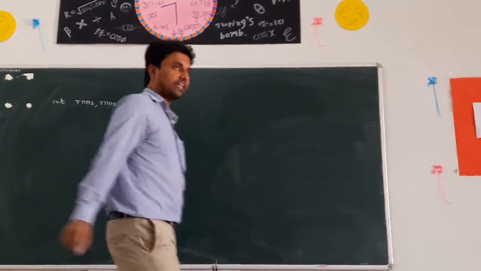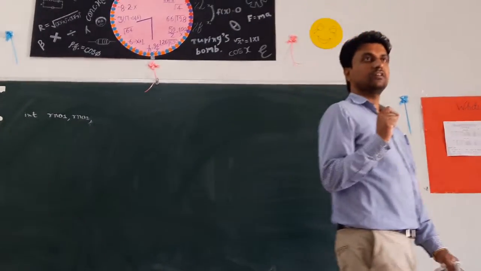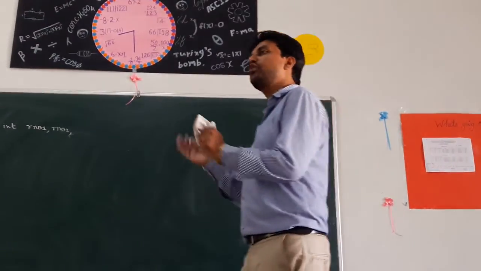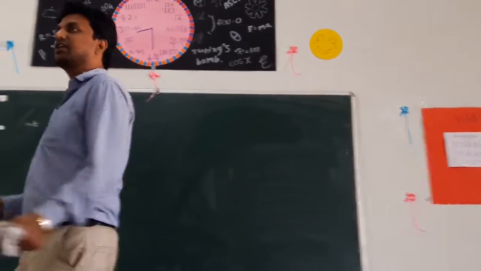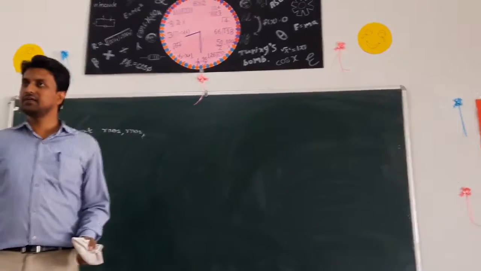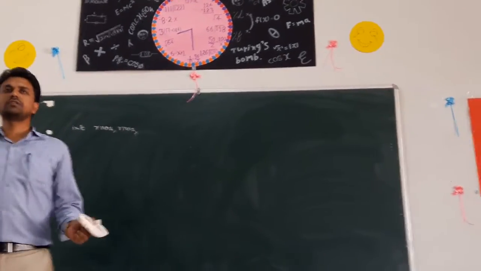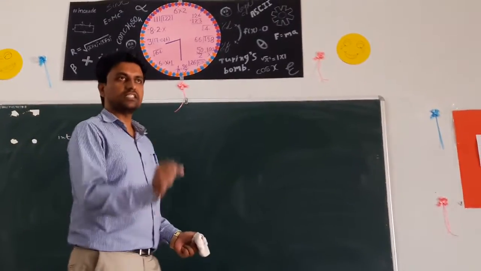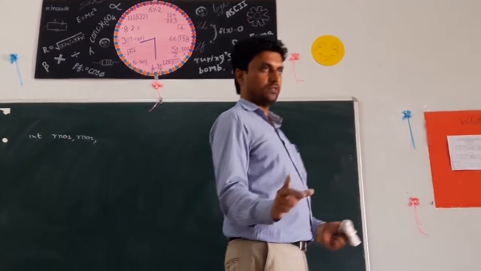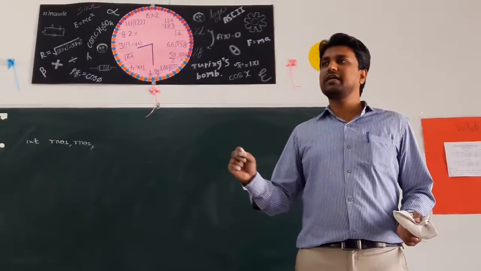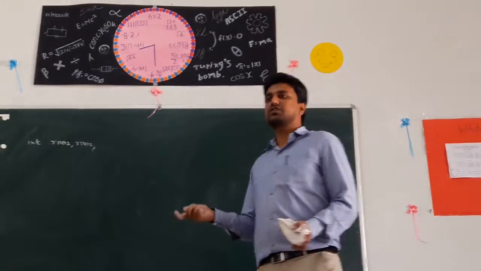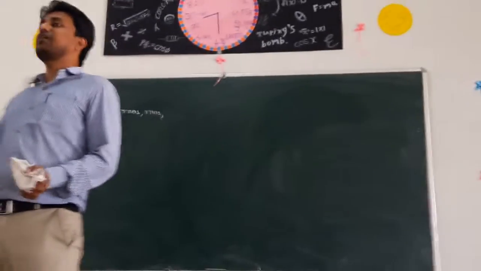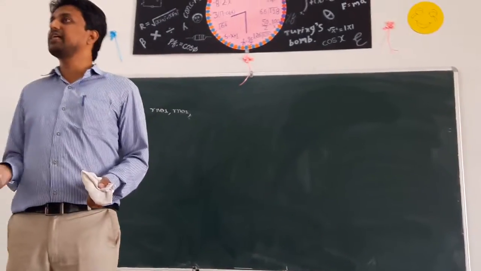So what is the use of array? Array is used for collection of similar type of data together in a single entity called array. Clear? That is the basic use. Nothing more than that. And array is a derived data type. So always mention it at the time of writing, whatever may be the question on the array. Array is a derived data type. Okay, it is derived from the basic data types or